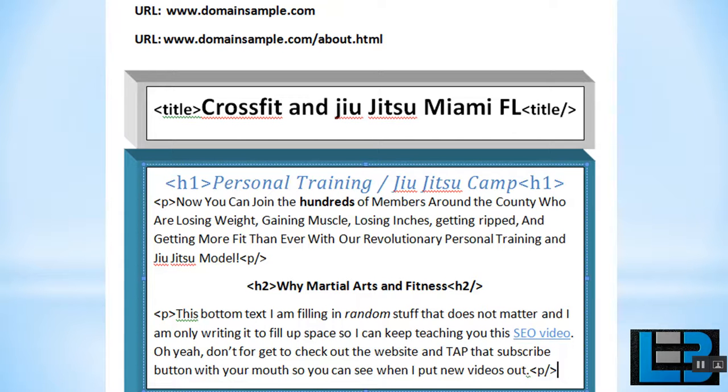If you're a plumber, this could have been title, plumber and HVAC, Miami, Florida, or it could have just been plumbing, Miami, Florida in your title, and then you would have had plumbers in Miami, H1, and your paragraph, you're talking about your plumbing services and stuff like that, and then H2 tag, your plumbing keywords and stuff like that. As you can see here too, I have random, just the word random, and it's your italics. Okay, so I want to have a little bold, I want to have an italic on my pages, and